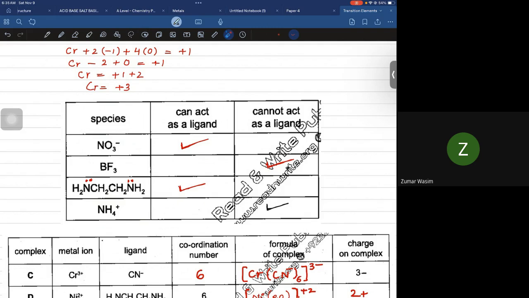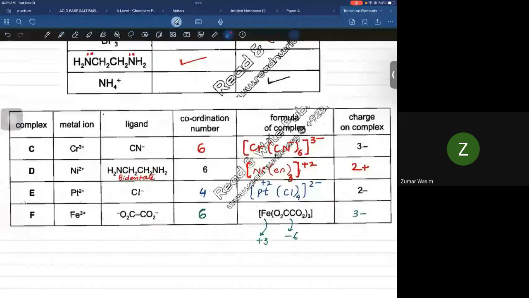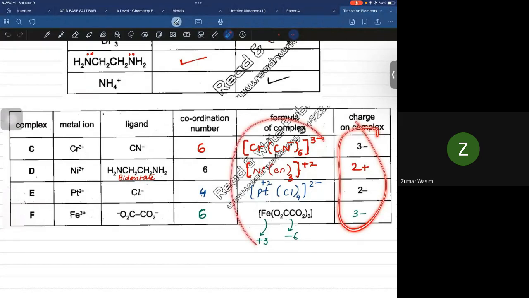तो पॉजिटिव आ गया ना. मैंने आपको ऑलरेडी बता दिया कि पॉजिटिव वाला कभी भी लाइगेंड नहीं हो सकता है, बिकॉज इट हैज नो इलेक्ट्रॉन. और जब तक इलेक्ट्रॉन नहीं होंगे तो वो कंडीशन को कैसे फुलफिल करेगा, बात समझ रहे हो? तो ये है। अच्छा, दिस क्वेश्चन एक समराइज्ड क्वेश्चन है ये, कि इसको करने के बाद काफी चीजें समराइज हो जाएंगी, कि कोऑर्डिनेशन नंबर किस तरह से बताना होता है, अगर आपको चार्ज दिया हुआ हो तो फॉर्मूला कैसे लिखना होता है, तो ये सारी चीजें हैं।